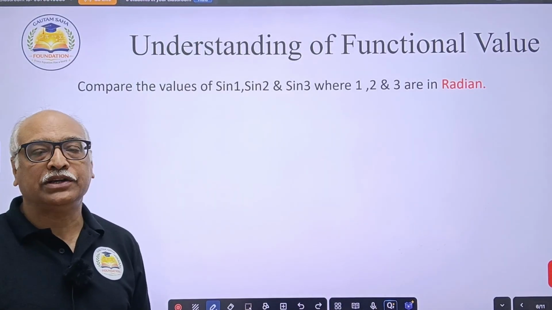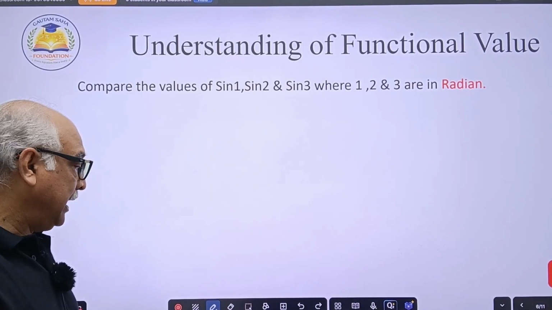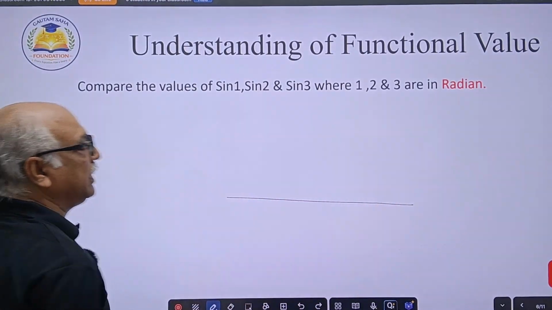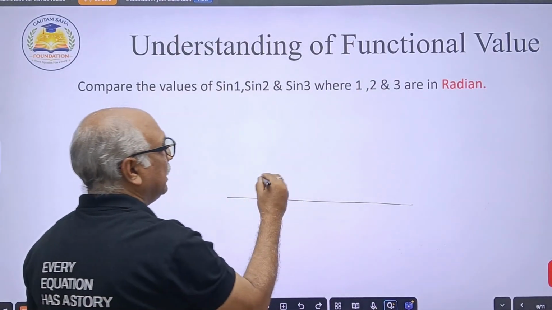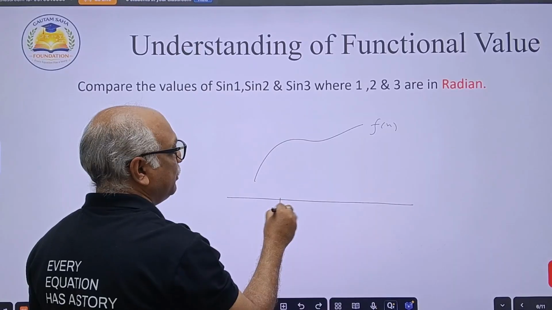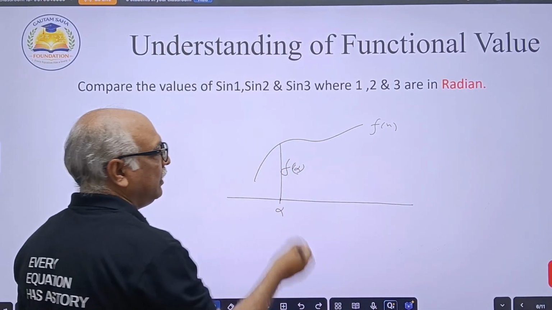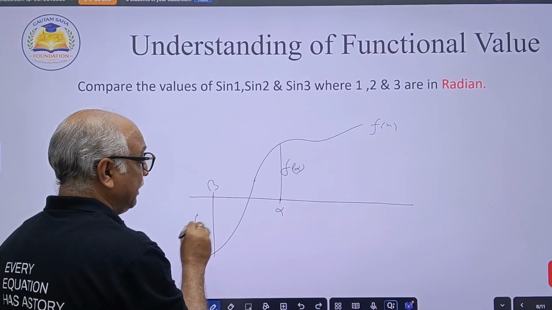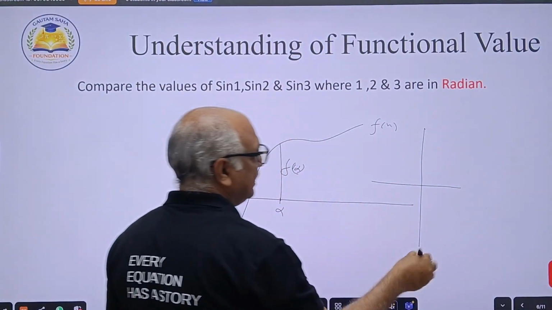Understanding of functional value. Functional value है क्या? थोड़ा सा उसके बारे में बोल के प्रॉब्लम को सॉल्व करें. Once we get the essence of functional value, अगर हम लोग समझ जाते हैं कि functional, suppose the f(x) है, a suppose alpha है, this is f of alpha, this is our functional value. Maybe like this, say it is beta, this is f of beta, functional value. For example, एक numerical example दे देते हैं, जैसे